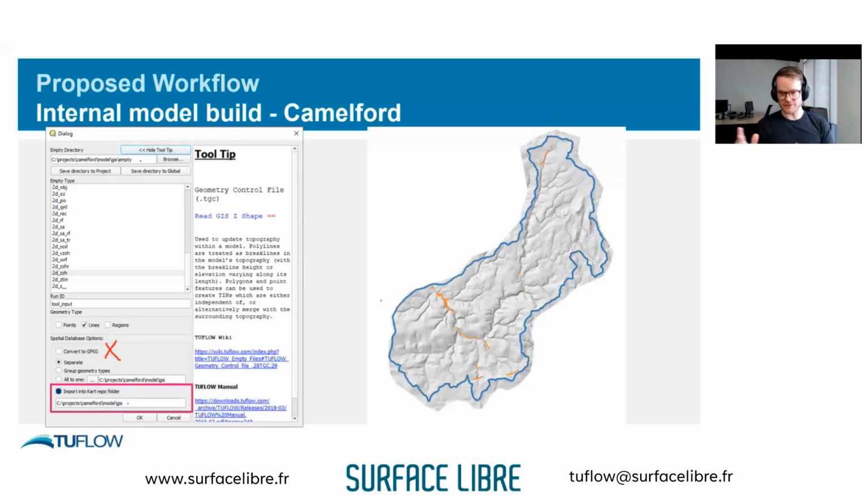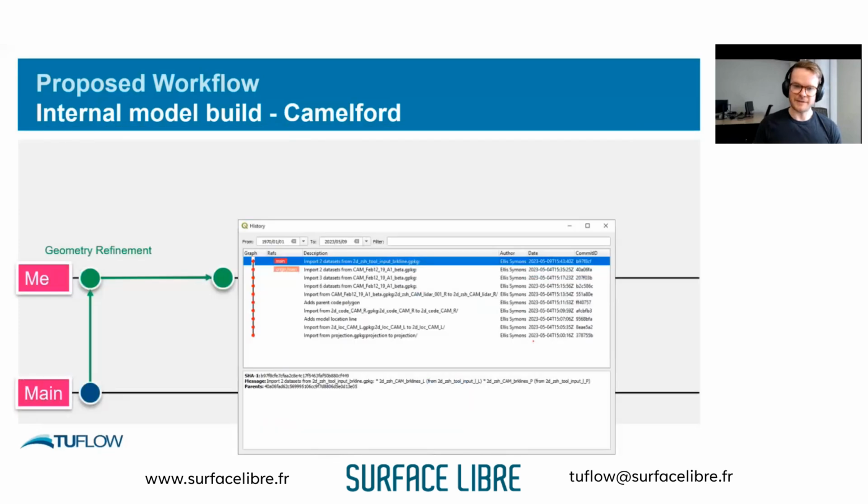You jump into QGIS and do your break lines, which are the orange lines here. I made a sizable effort of choosing appropriate break lines for this demonstration. The modeler wanted me to do a good job, so I went in and spent some time until I got bored and drew my break lines in this model, obviously focusing along watercourses. And then I committed it. So essentially, this dot here represents my commit.